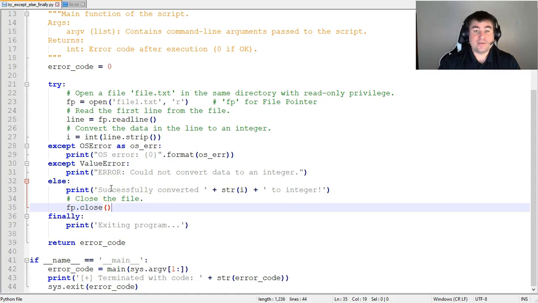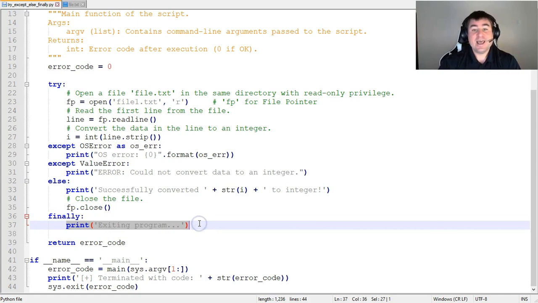This else block, if no exception has occurred, now we know that we successfully converted that particular value from the file into an integer. And what we will finally do in that case, we will close the file pointer, fp.close. Close is another method. And remember, what finally does, it executes no matter what. And all we will do here is print exiting program, right?